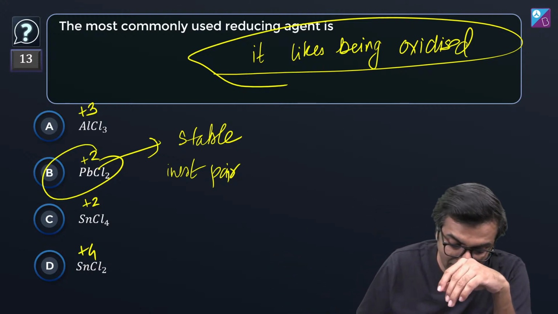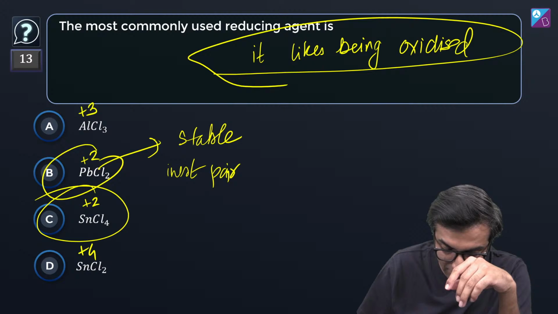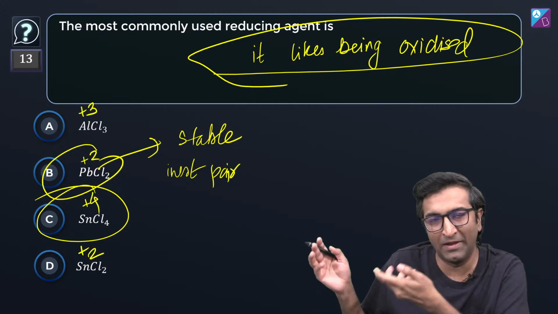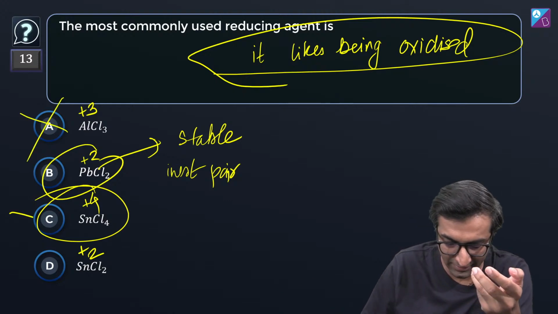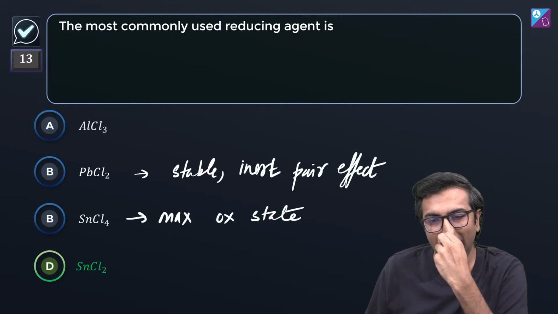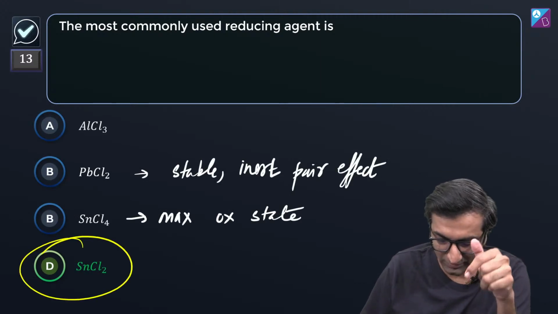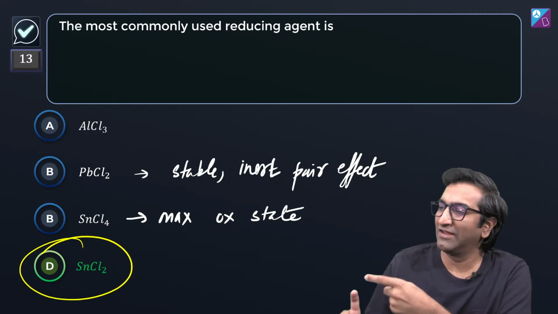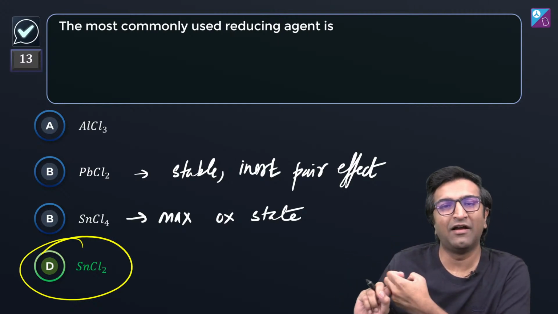Okay. Whereas SnCl4, oh, I wrote it the wrong way round. SnCl4 is +4, SnCl2 is +2. SnCl4 is the maximum oxidation state, so eliminate these two. The fight is between B and D, and from the point of view of the inert pair effect you get the answer to be this. In this chapter, half the questions will be on the inert pair effect, half on gallium oxide,